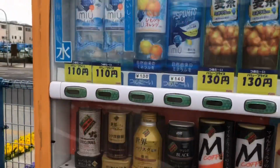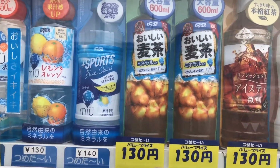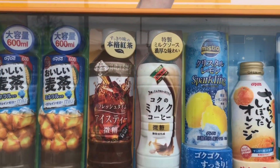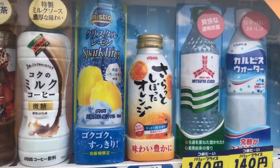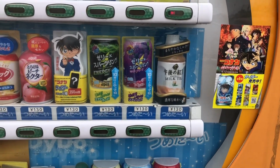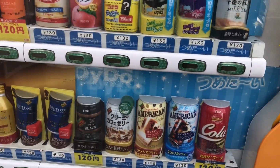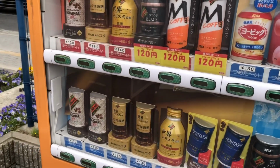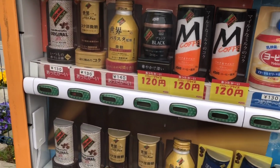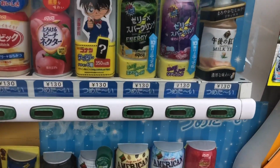Let's see what we have here. We got some kind of water, some sport drink. Milk coffee is always good. It's basically like coffee for children. Calpis is good. Well, we've done all that before. I gotta get something new because we're testing stuff here. So for new stuff, I frequent these fairly often, so it's kind of hard to find some new stuff, but I do usually get like the coffees and stuff. So if I get something that's not...